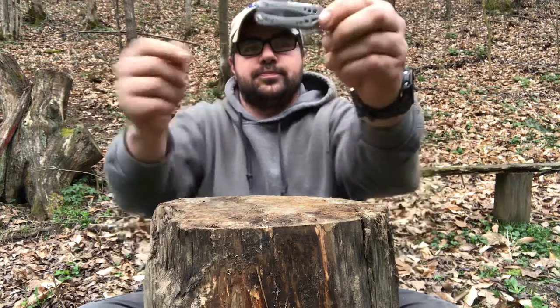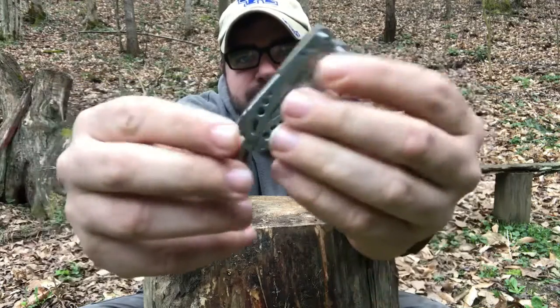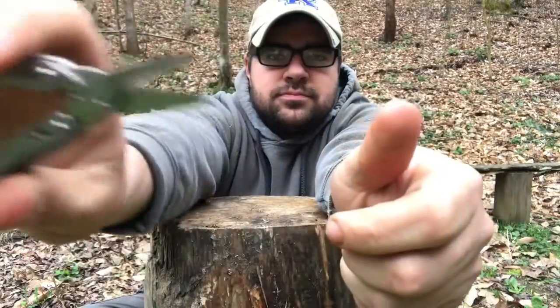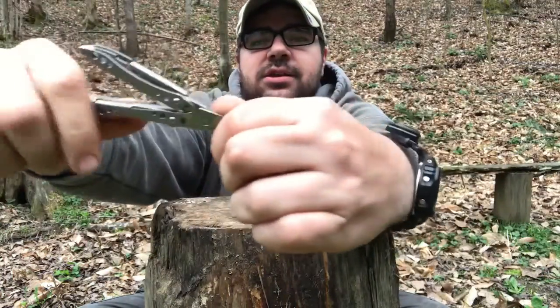Today I want to discuss the small pocket tool. It's a Leatherman style CS. The main blade is a pair of scissors, and then also on the side we have